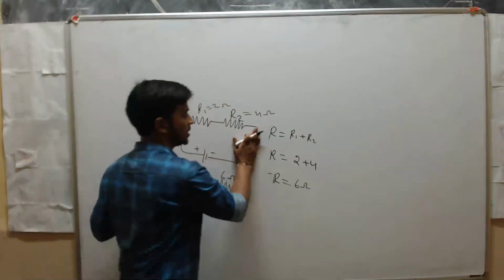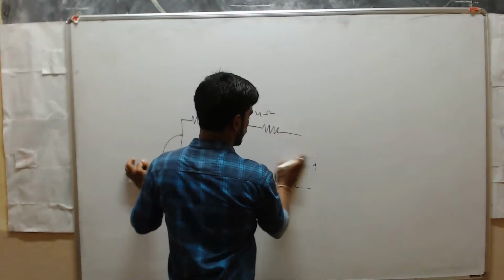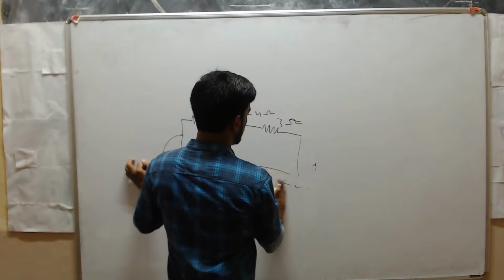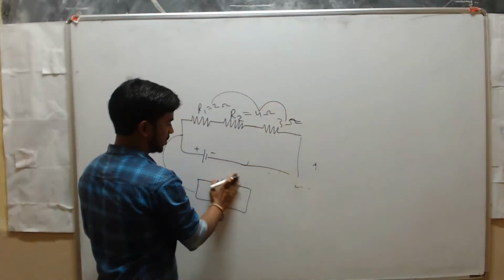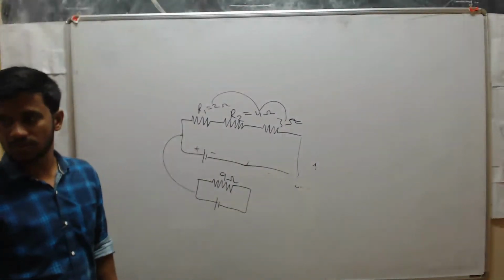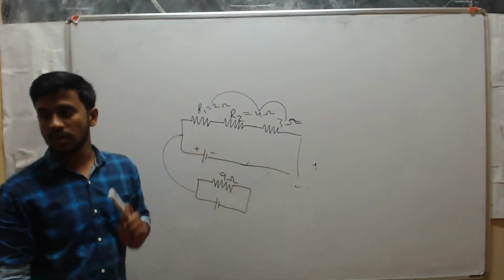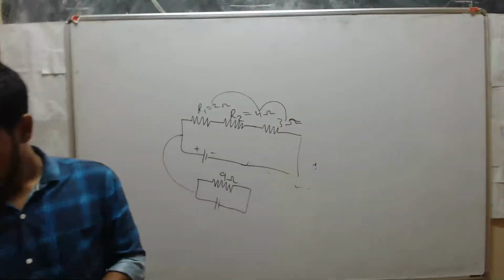Suppose if you have 3 resistors, say this is 3 ohm, then you get total 2 plus 4, 6, 6 plus 3, 9. So instead, you can use 9 ohm also. Here you are making these resistors into one resistor. Okay. Now,